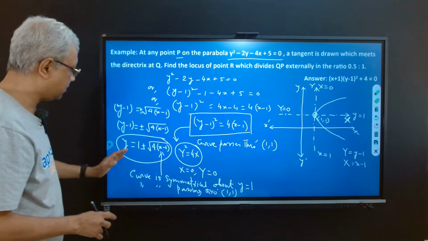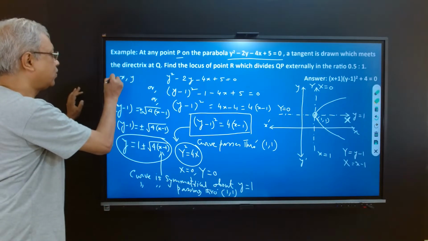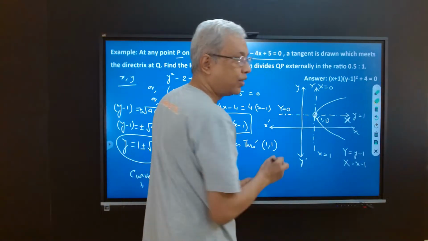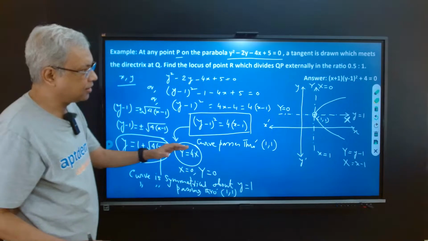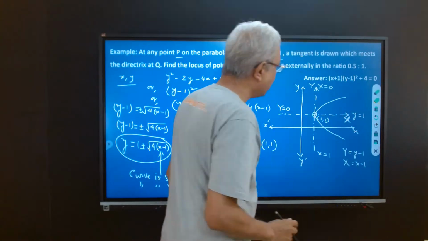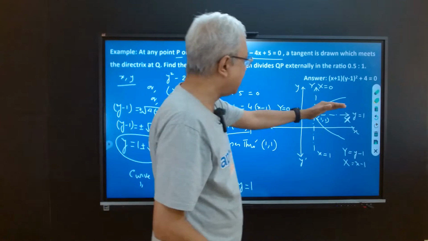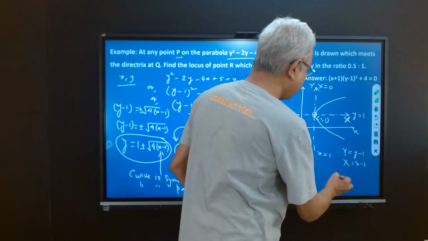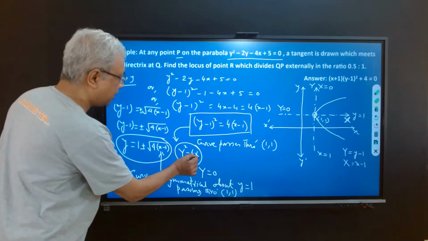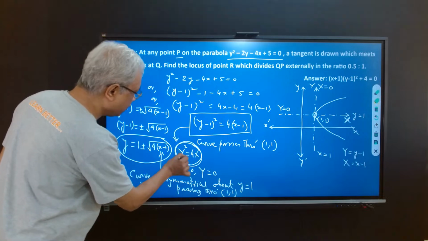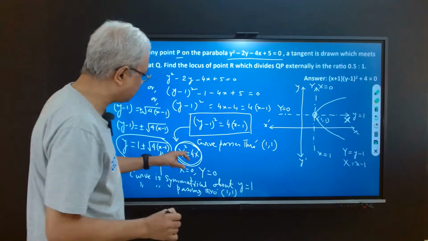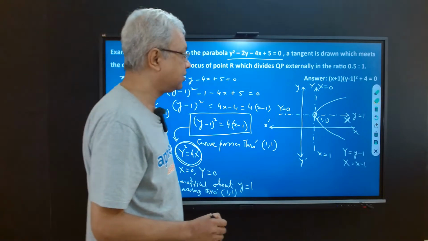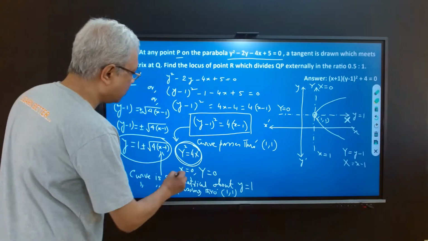So 1, 1 in the small xy coordinate system is definitely a point on that, and it happens to be the vertex of the parabola. This parabola is symmetrical about the y equal to 1 line. It has a vertex at 1, 1, and by a little coordinate transformation, I could check that with respect to the capital Y, capital X coordinate system, the equation looks like this. And another interesting thing is that this parabola has a focal length